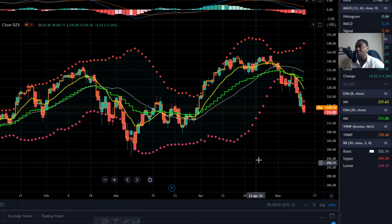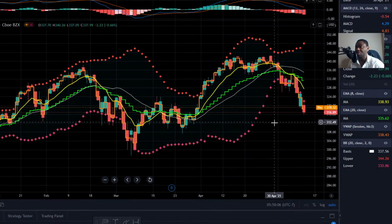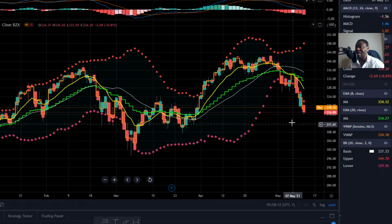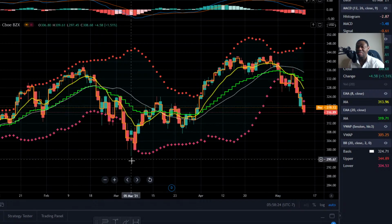So let's see on here on the downside, 312 is support. How do we know that? Look at how many touches I've seen. If you were to ask me yesterday, where will we be opening, I would have told you, at least the direction of this thing, regardless of the color of the candle on here. As a matter of fact, since the beginning of May, let me zoom here,